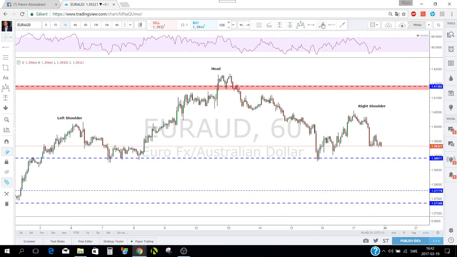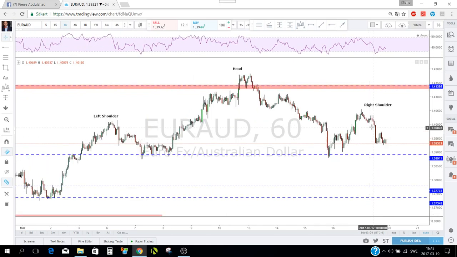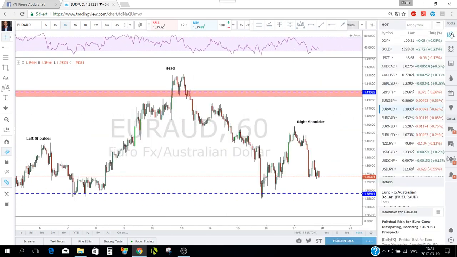Or you can look for maybe something like this, a flag, and trade the break of the flag and see if this gonna break or not, and then your stop loss can be above the highs of this flag here. Then you can put your stop loss here and your entry maybe somewhere here, but this will give you a very short room to this structure. So the best way is to try to see if price gonna give you another entry reason from a bit higher up here. Okay,